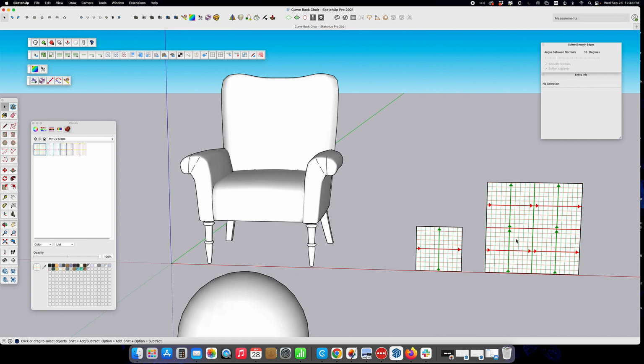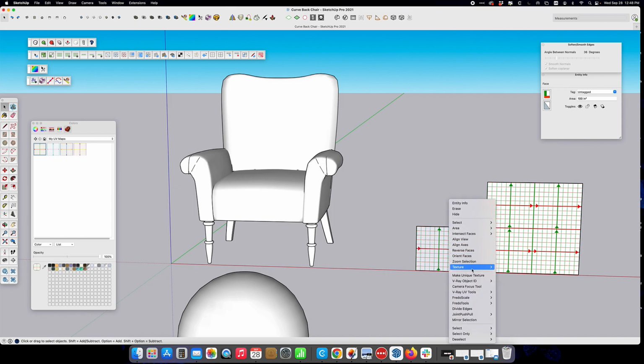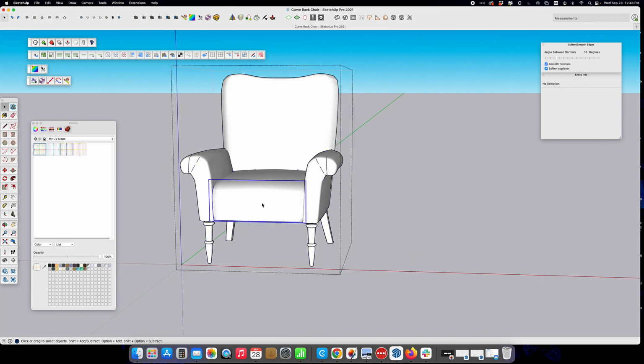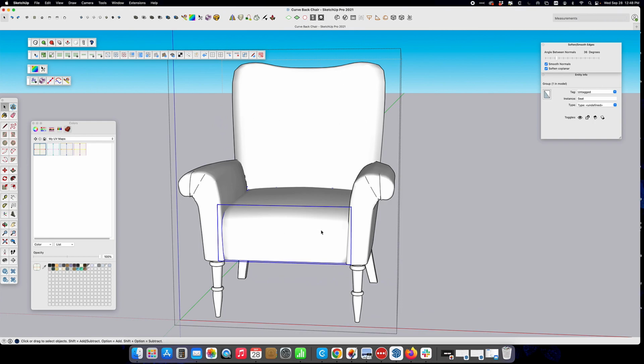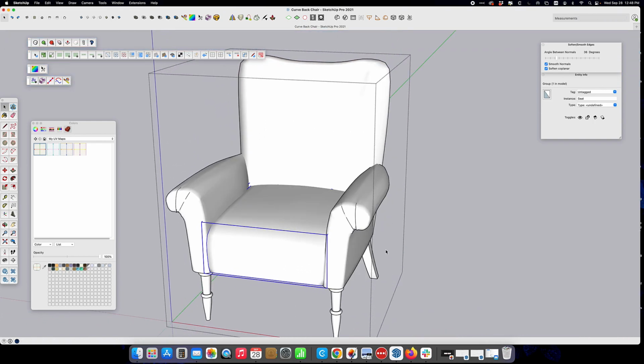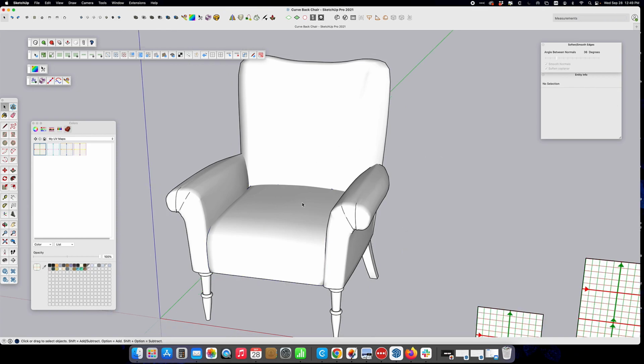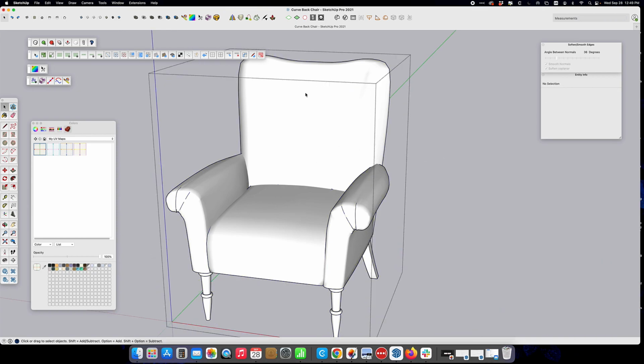So obviously when you're working on a flat plane, you can move the texture and scale it and do whatever you want. But when you're working on something that's got more than one plane to it, you have to be able to apply the texture to all the surfaces, the entire surface, uniformly. So just so that we can look at this piece here,